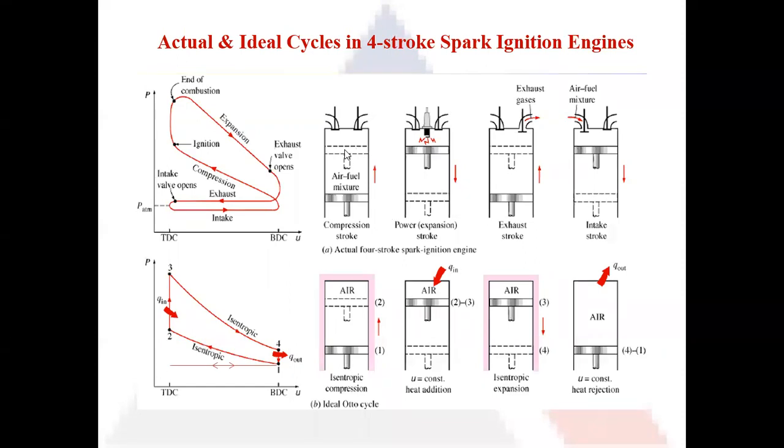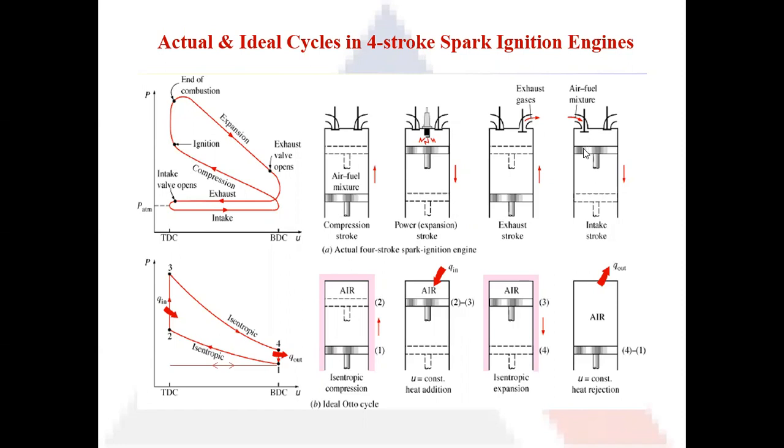So at the end of the compression stroke, the spark is ignited, and this spark burns the fuel, and the combustion takes place, and it pushes the piston in the downward direction. So the piston moves from top dead center to bottom dead center. This is your power stroke. After that, the piston moves from bottom dead center towards the top dead center, and it expels the burnt gases, the exhaust gases, through this exhaust valve, which is open. So the gases go out from this exhaust valve.